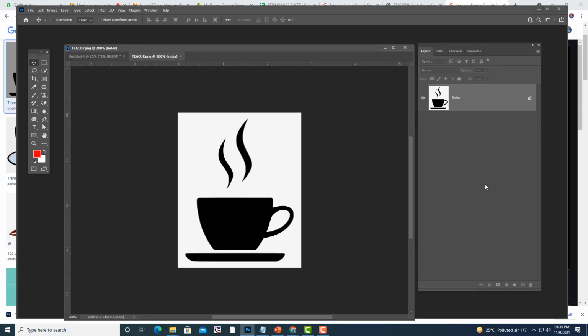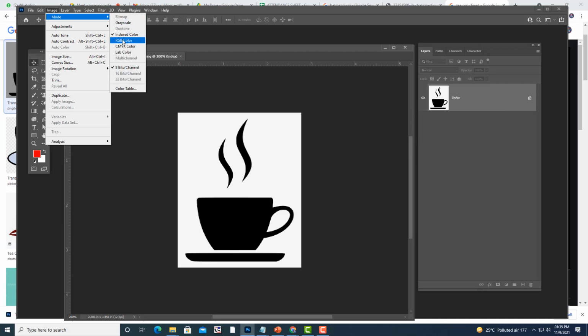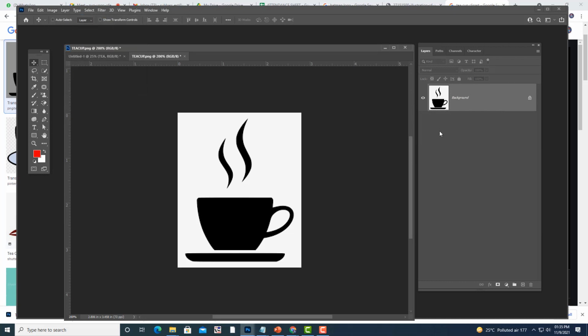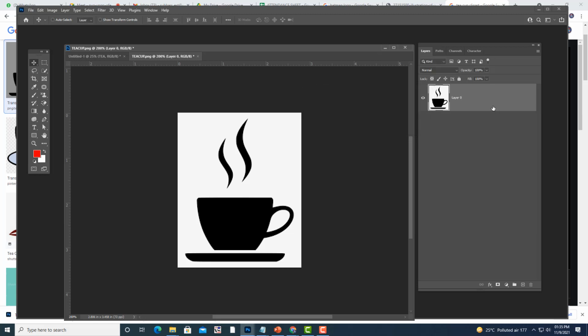See, one more thing I want to tell you. If anybody downloaded images, if you are getting this index option, you cannot directly edit when you get the index option. So what do you have to do? Go to image and you can change the mode to RGB. So now you can edit this. Now you have to unlock this. So many people will get this problem. If you get an index file, first you convert it into RGB and then you are in a position to edit this. And then we'll remove all this white color.